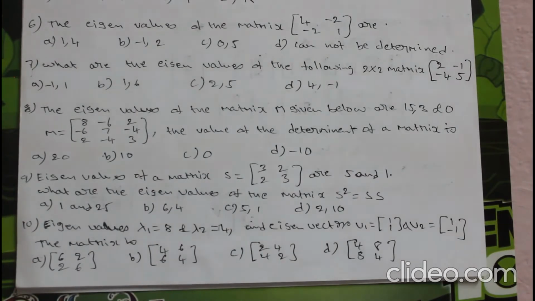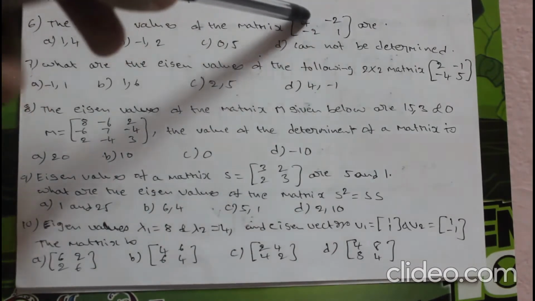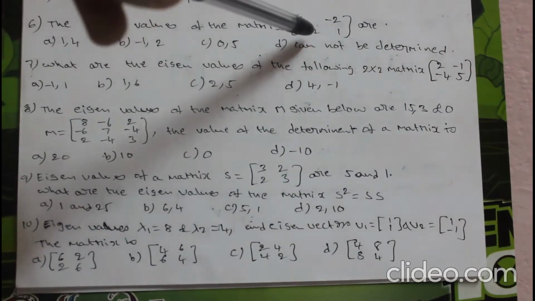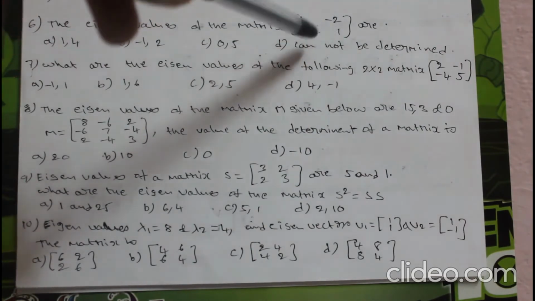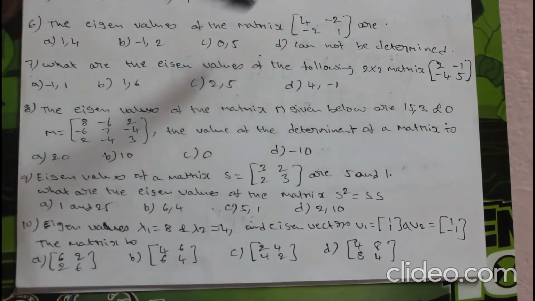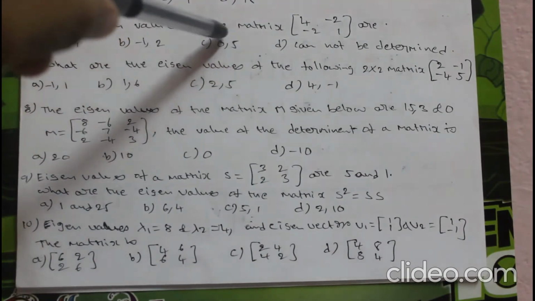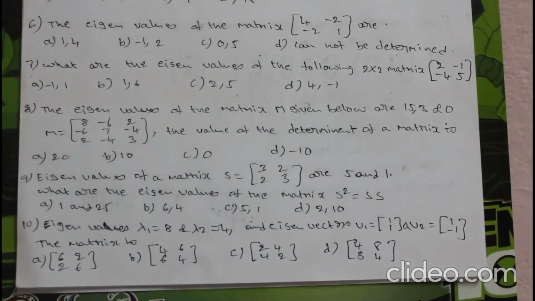correct. Now go for point number 2, that is, product of the eigenvalues is equal to the determinant. Find the determinant. 4 into 1, minus becomes plus. So 4 minus 4, 2 into 2, 4, is equal to 0. So the product is 0. So 1 into 4, 4, is not equal to 0. 0 into 5 is equal to 0. So option C is correct.